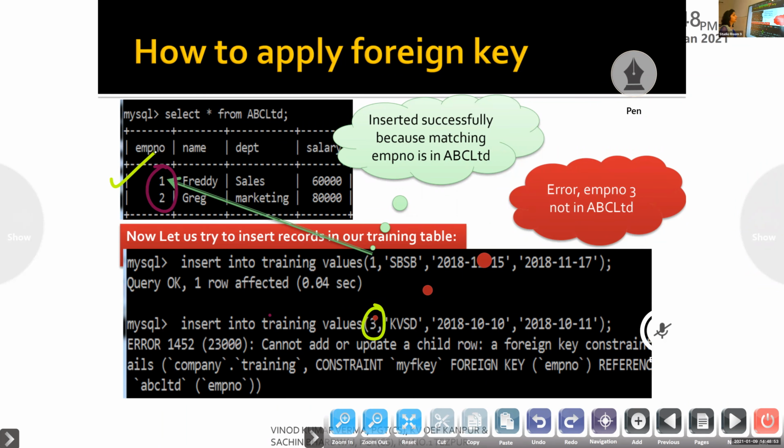There is no such value. If you try to enter 3 here, or any value other than 1 and 2, it will give you an error message. It won't allow you to enter any value, because it is referring to this table.